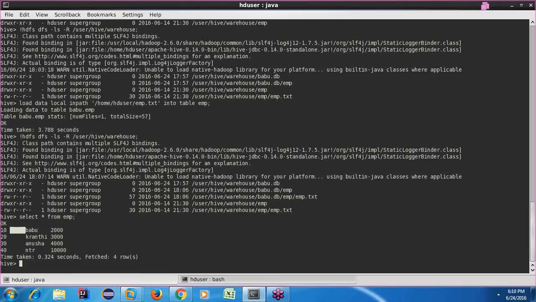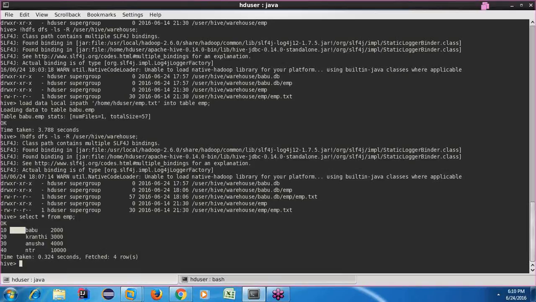Now, I would like to cross check. Till now, I was saying Hive table, Hive table, Hive table. In Hive we have discussed two kinds of tables: one is the managed table, the second one is the external table. I said managed table is the default table. Can anyone tell me, did I mention managed while creating the table?